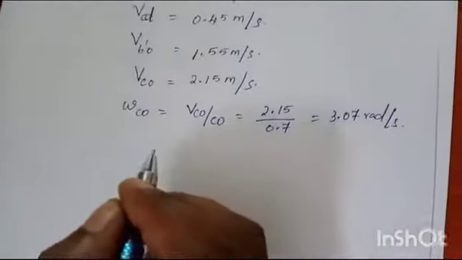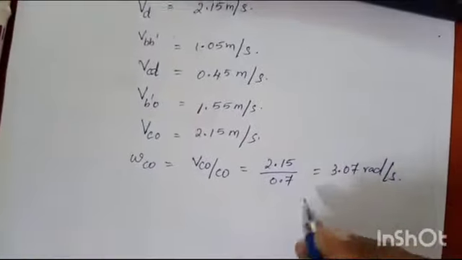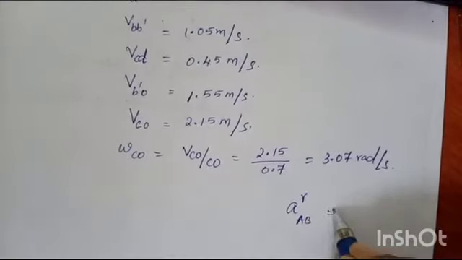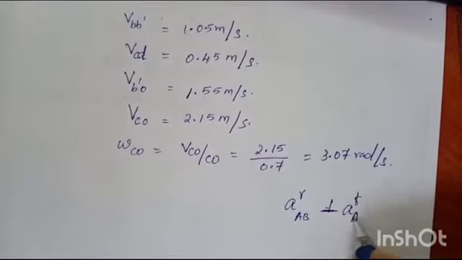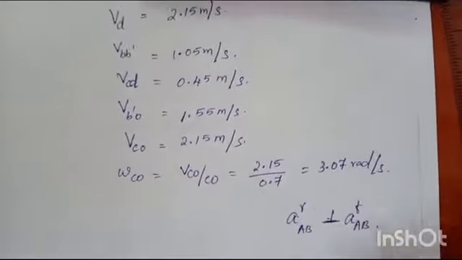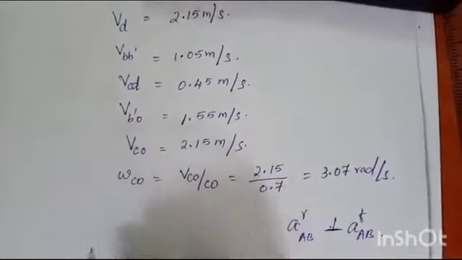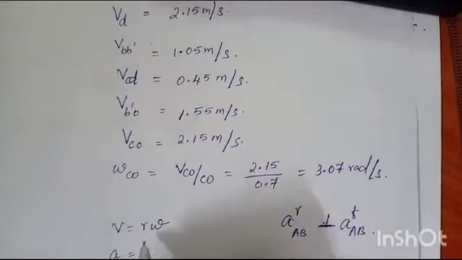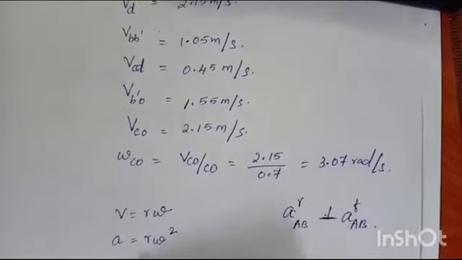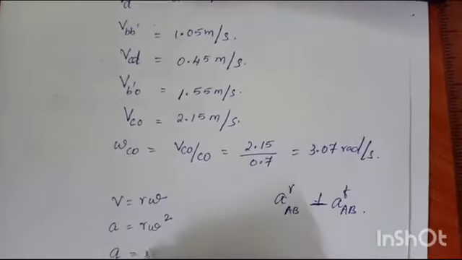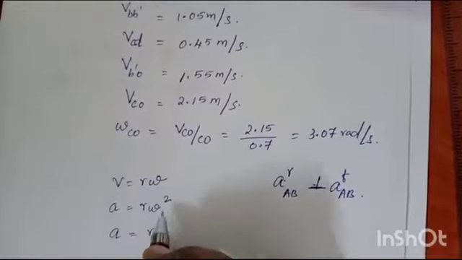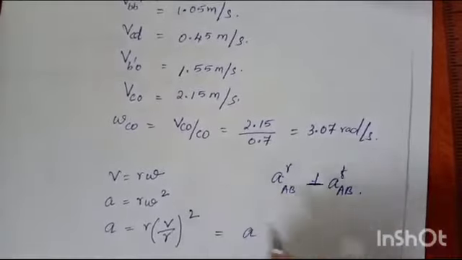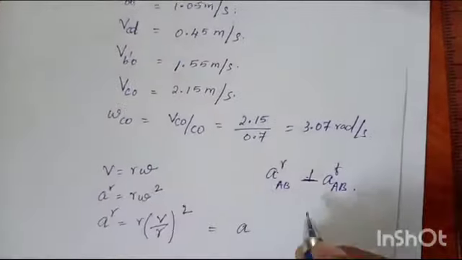With the velocities, you can find your radial acceleration directly because you have each and every component. You have two accelerations, AR AB as well as AT AB, both are perpendicular, that means radial and tangential. So the radial acceleration you can find from this formula. That is nothing but V equals R omega, A equals R omega square. So it comes like this. You can write omega as V by R, the whole square. So A equal to AR, the radial acceleration component.